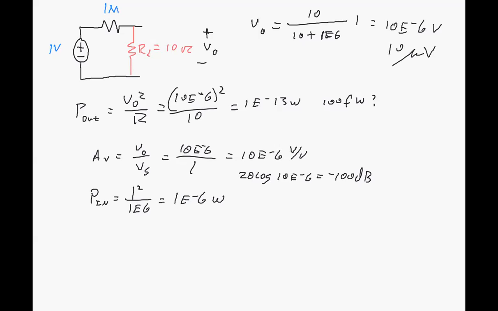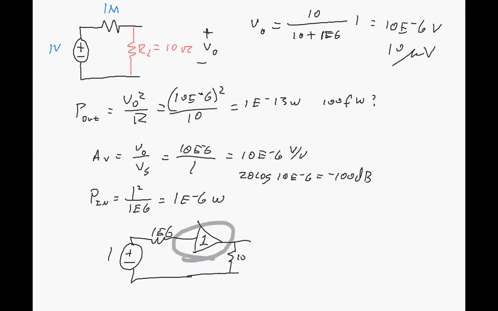We can fix this situation or improve it greatly if we put a buffer. So a buffer could be something that looks like this. Gain of 1. So 1e to the 6, 1 volt, 10, and we have this buffer here that has no voltage gain. It doesn't increase the voltage at all. It simply reproduces whatever it saw. So if we analyze that,